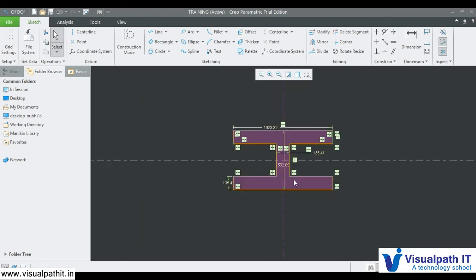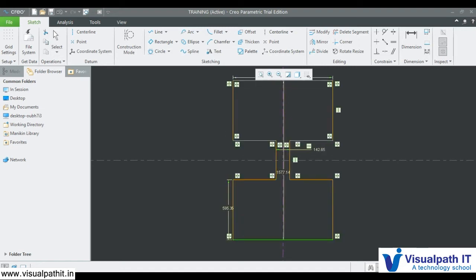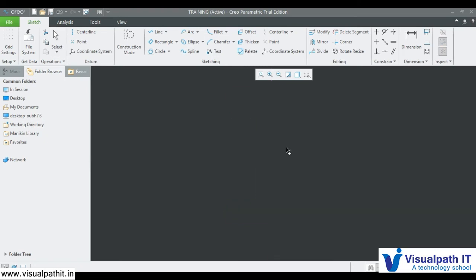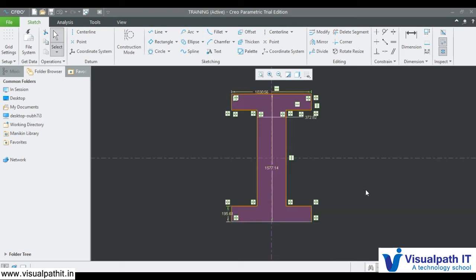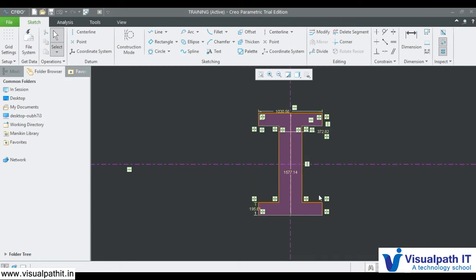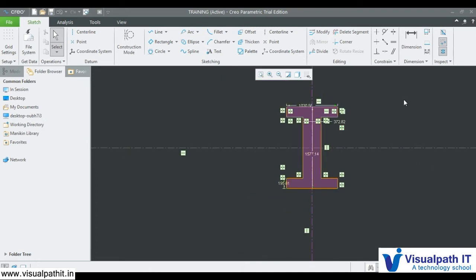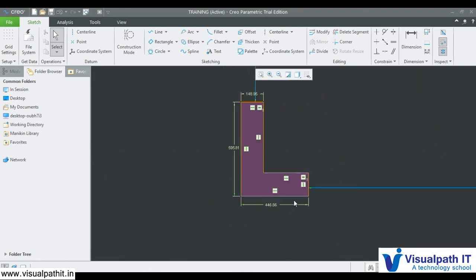Now I want to increase the width and the height. I can modify accordingly, but the section won't change because we already have predefined concepts and predefined constraints for these lines. So that is why this will not move.